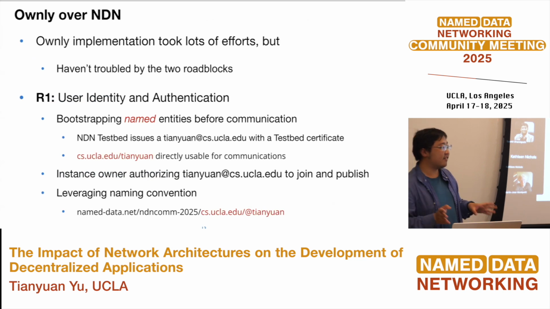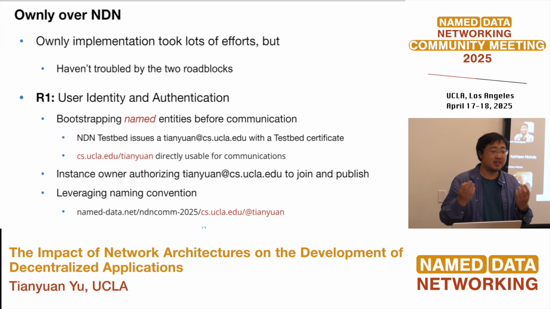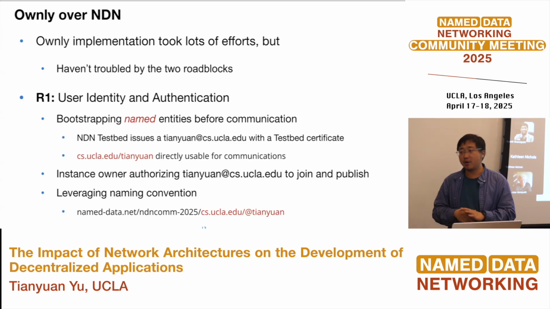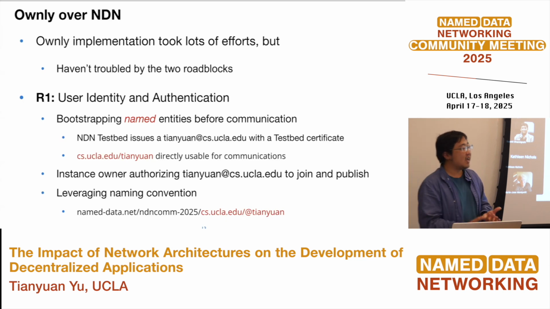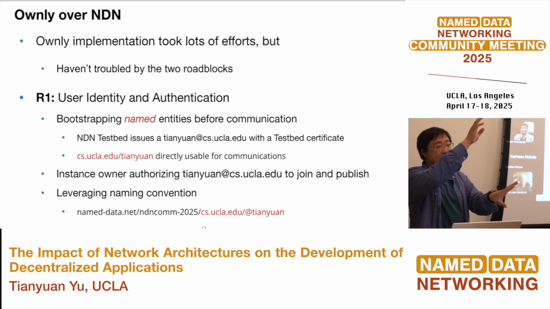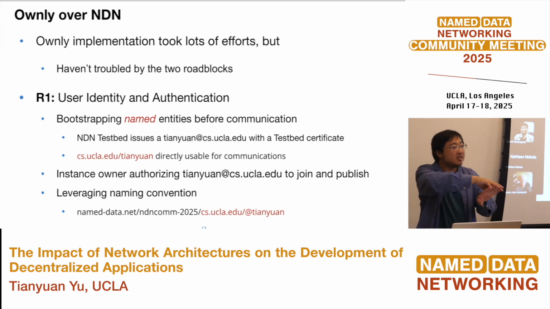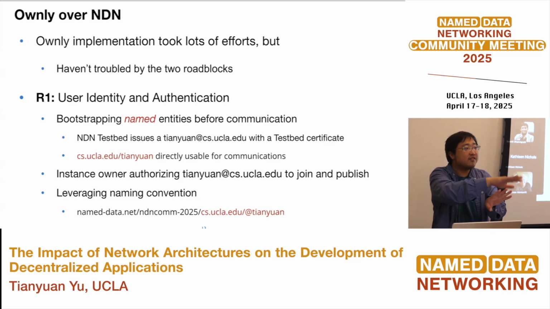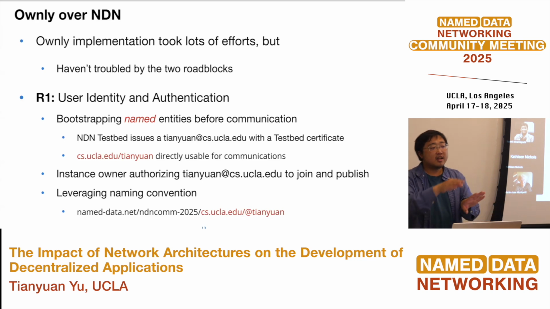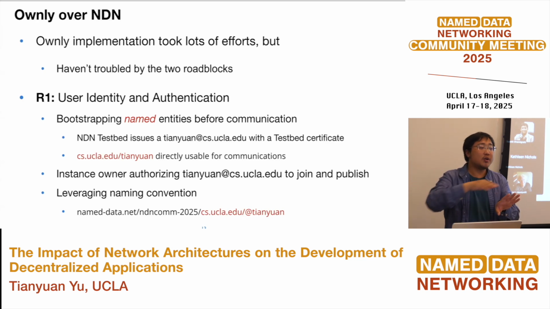So looking back on our development effort on this application, I would say we still spent a good amount of effort to make the application run, because we know the NDN code base is not that mature. We spent a lot of time debugging things, but we haven't really been troubled by the two technical roadblocks, user identity and connectivity, because NDN is already using a different network model, that is, named entities with trust relations